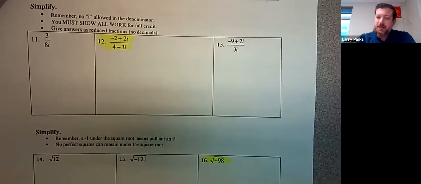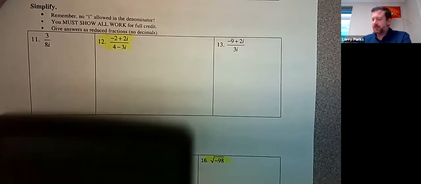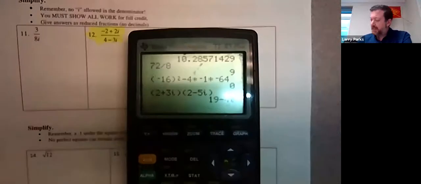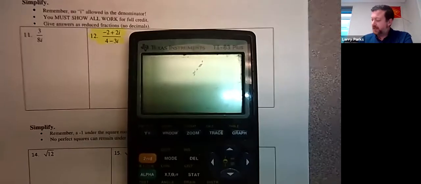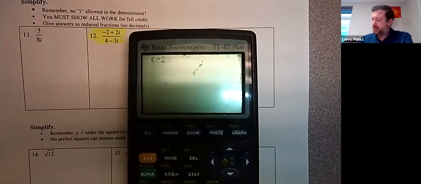Number 12, you also need to know how to do that. Again, if you have a TI-83 and you type the numerator in parentheses, so what I'm trying to say is, if you type this in as negative 2 plus 2i divided by